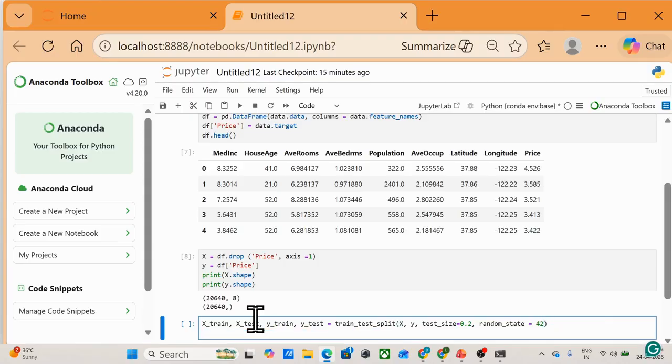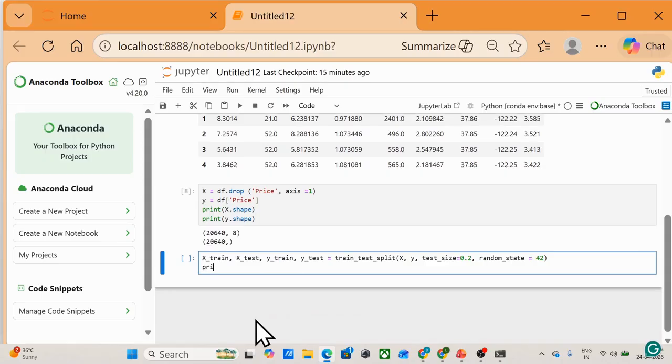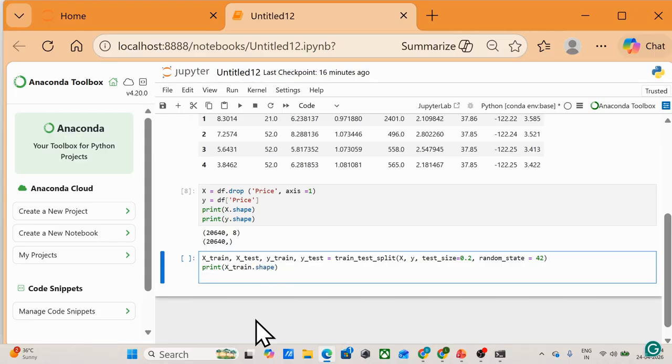And then here we'll print the X shape and then we'll print the rest.